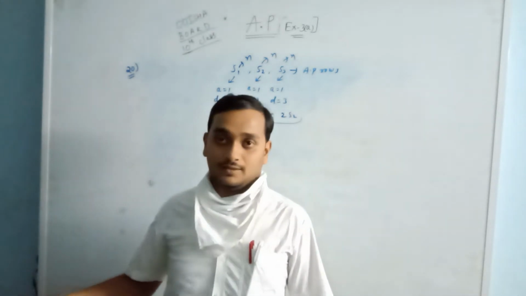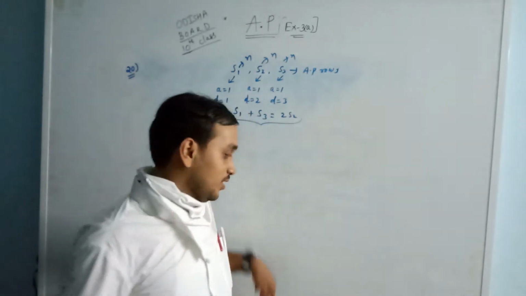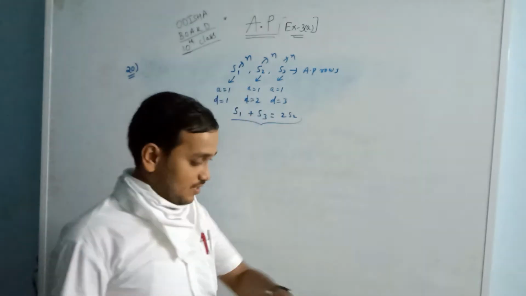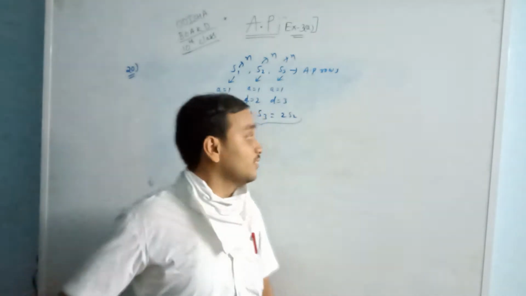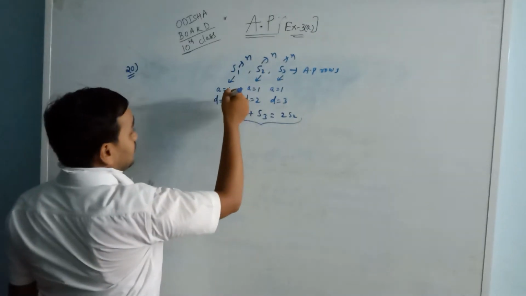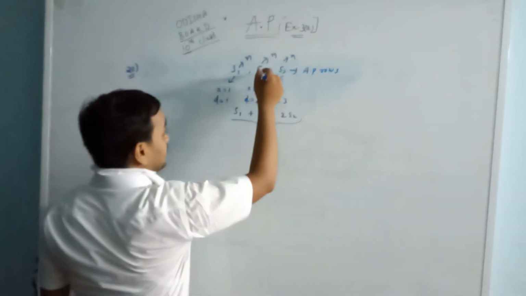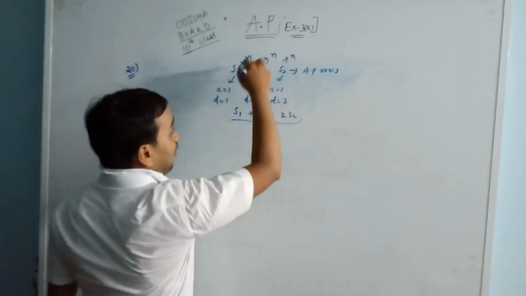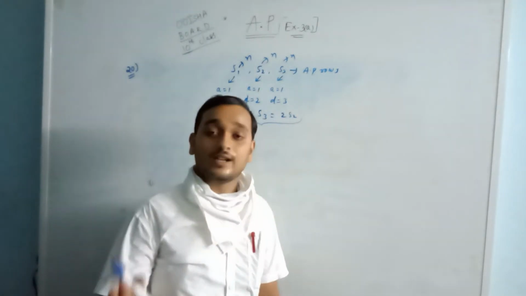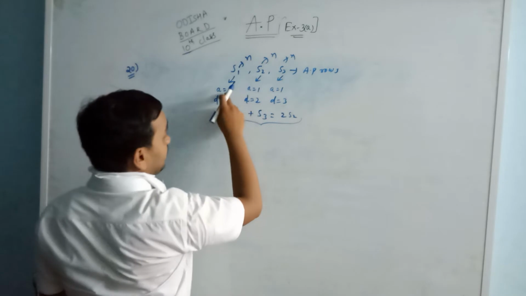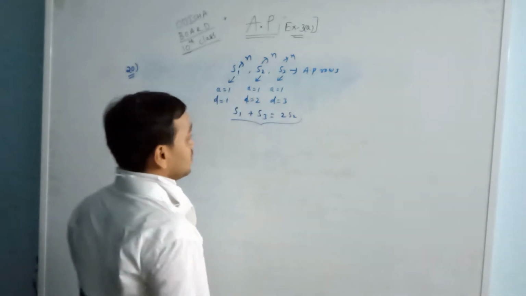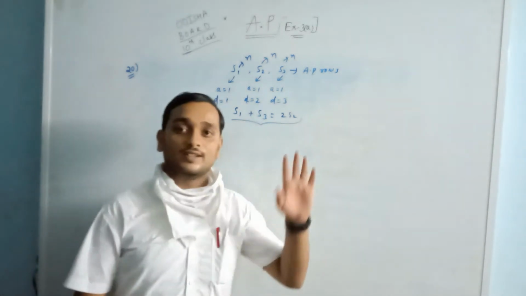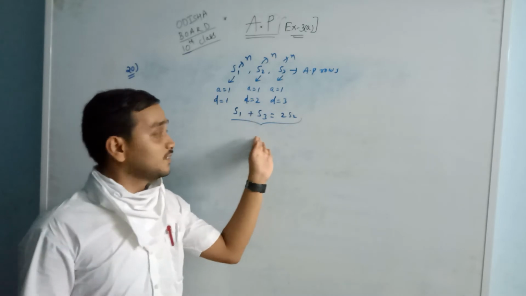Listen, this is one row and this is the third row: 1, 2, 3. In my row how many numbers are there? I don't know, but my first number is 1. In the same way that row also, and my right side row also. This is A, and D is equal to 1. In S2 also the same, and S3 also the same, but the difference is, listen, all rows have n number of terms, all rows have A equal to 1, but the common difference is different: 1, 2, 3, and we have to prove this. So roughly all of you write this.